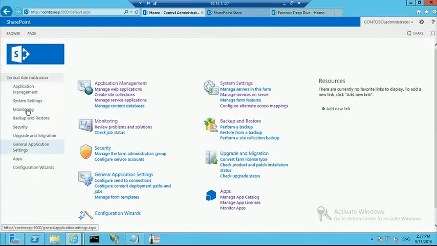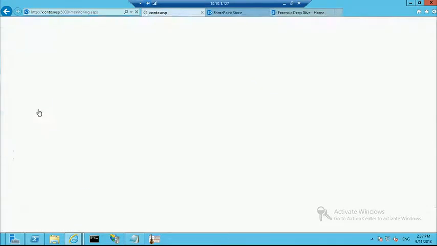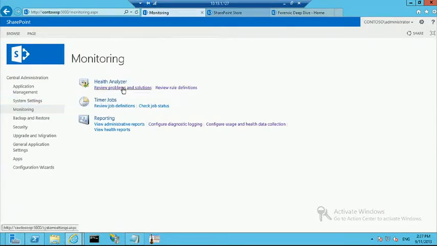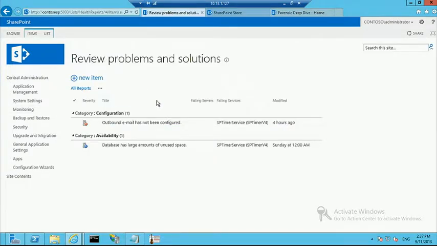I'm going to go over to monitoring, which is where this all lives. And if I click on Review Problems and Solutions, I can see what's flagging in the Health Analyzer. So you can see I've got two alerts here. One is that outbound email has not been configured. Not really the end of the world, but I think we'll go through and take care of it. And finally, the database has large amounts of unused space. So if we click on this,